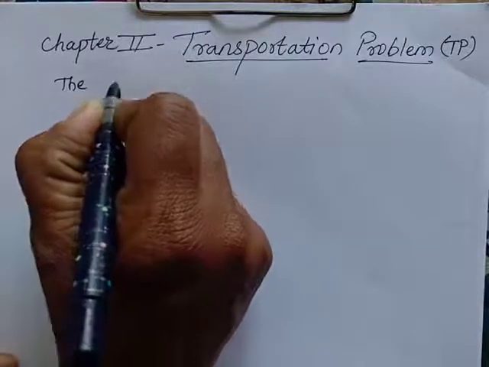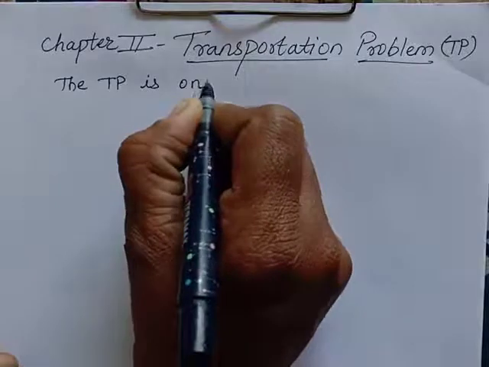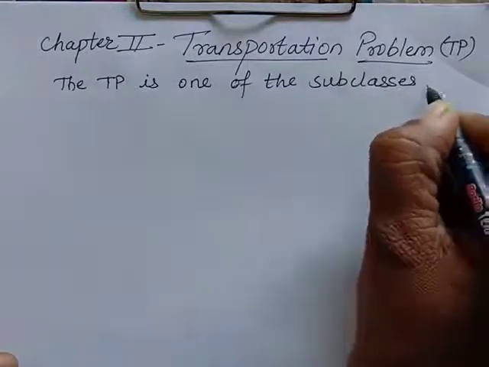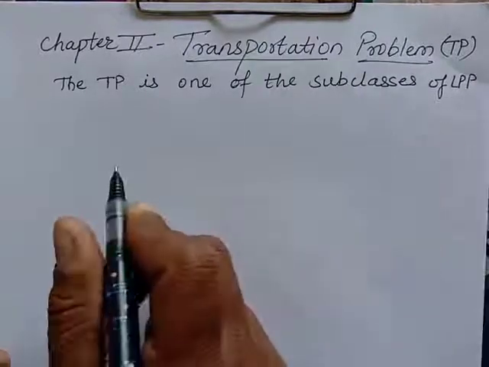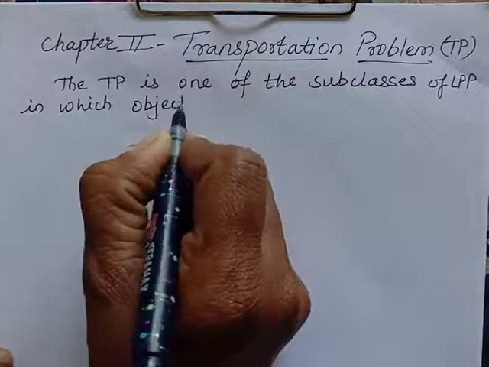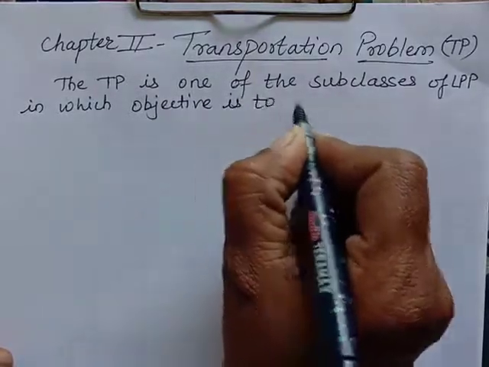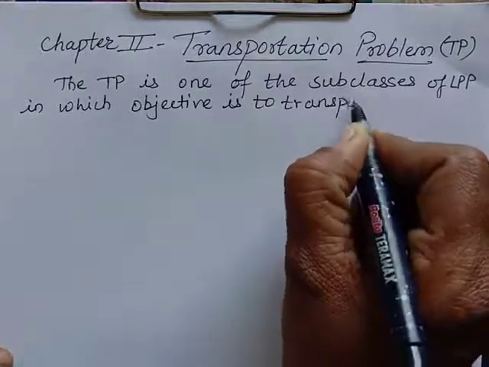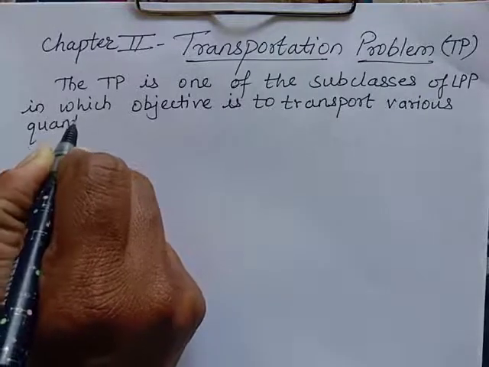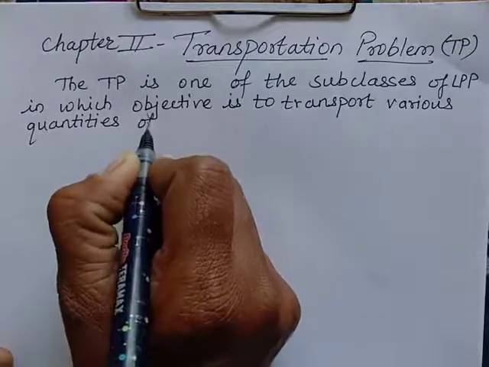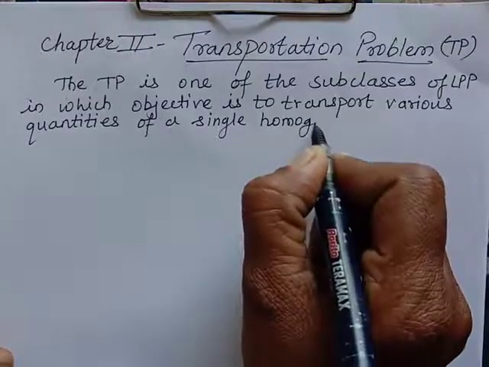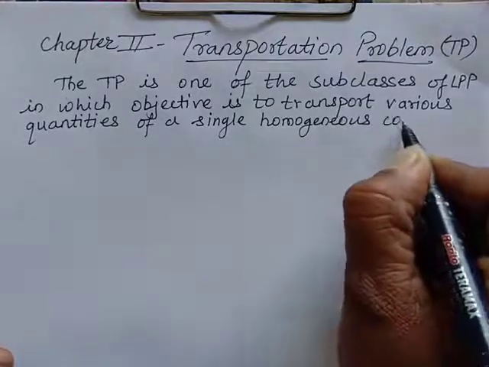The TP is one of the subclasses of LPP in which objective is to transport various quantities of a single homogeneous commodity